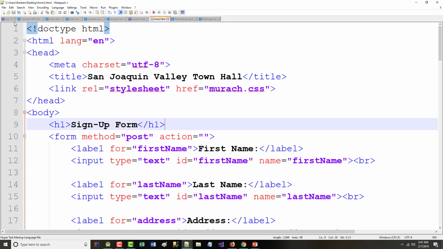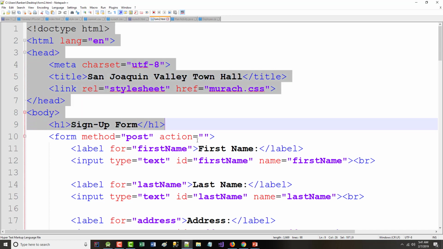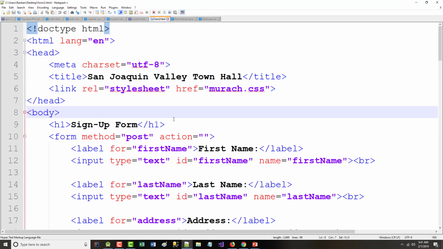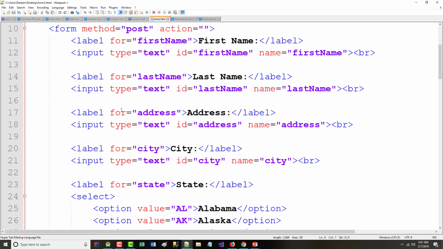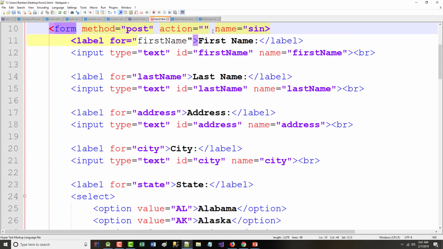So the doctype, etc., I'm not going to go over any of that. We have discussed that stuff. By and large, we have discussed everything up to here in other classes. But the first thing is we've got form, and we've got method equals post, action equals, double quote, and I should have a name in here too. Name equals, and we'll call it signup